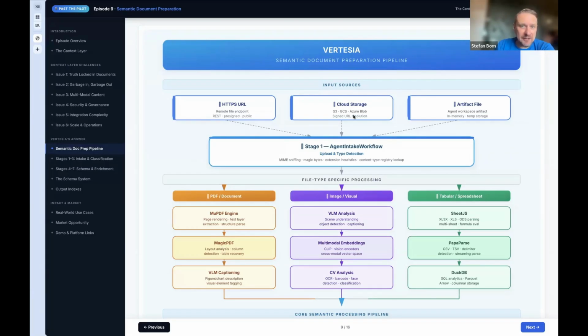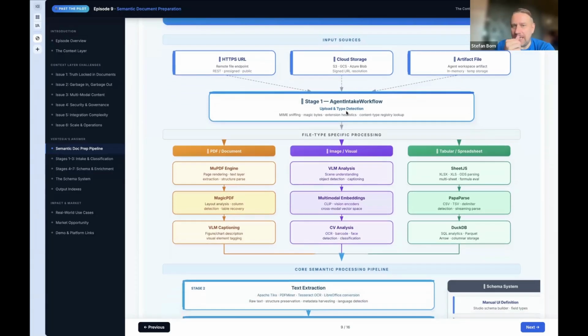But now it gets really interesting, because now we have the different input sources and we take them into what we call an intake workflow, right? So we now start identifying what are we dealing with here? And there are three different pipelines that we have. One is for PDF and document types. Another one is for image and visual types. And another one might be spreadsheet, or they might be a mix and merge of all of them, right? This is now by MIME type. We have a specific processing, but all of the tools that we talked about before in detail, like the VLM,